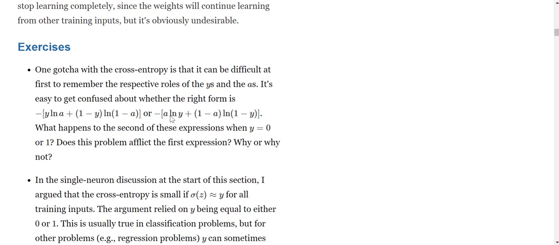Okay, so this is the second expression, which is the wrong one. And let's just see what happens when y is 0 and a is 1. So when y is 0, we get a ln 0, and okay, so this will cause a problem, right? Because you have a ln 0, and accompanying it, if you do not have a 0, then this would be some sort of limiting expression.